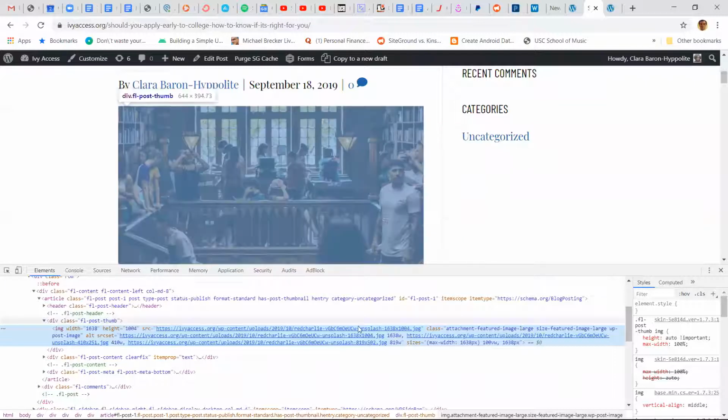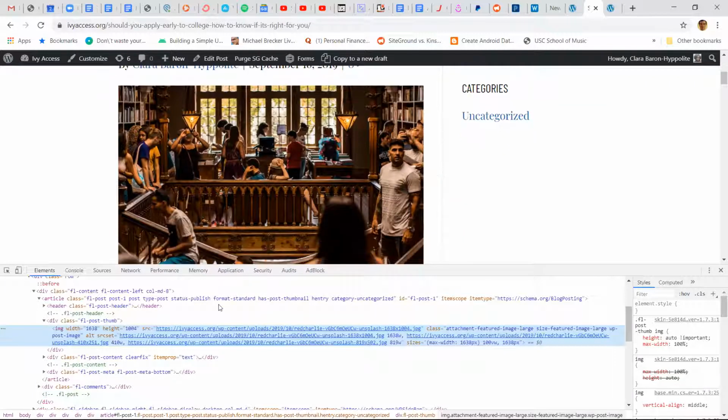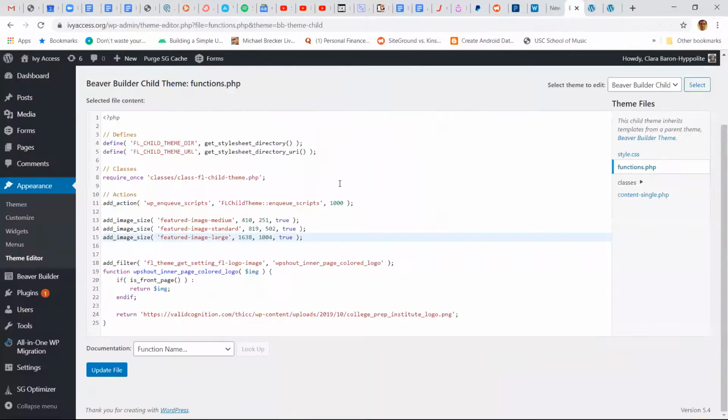Now, the only way that works is if the image sizes that it's substituting in are the same dimensions, meaning the same aspect ratio as each other. So I had to get in a calculator and multiply this out so that 1638 by 1004 is exactly the same aspect ratio as 819 by 502. And then I just had to sort of pray that it was rounding up and not rounding down, so that 410 by 251 would be considered the same aspect ratio.